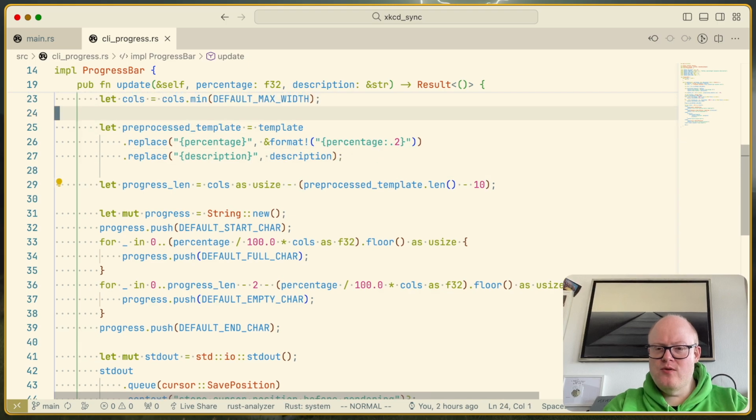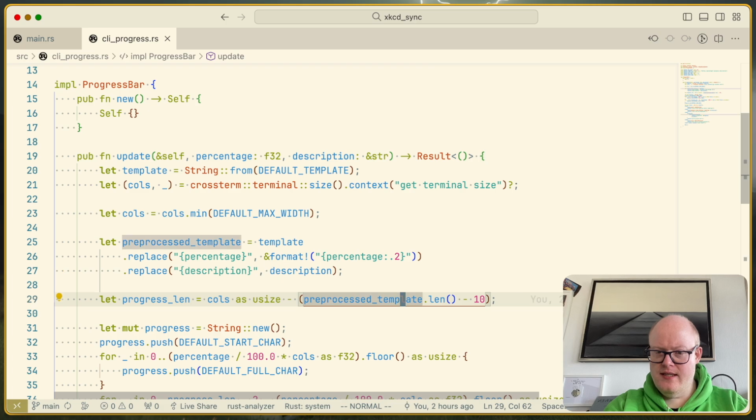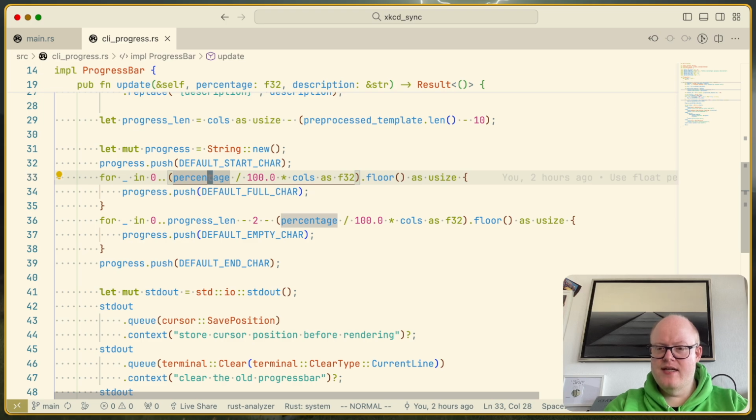Okay. It seems to me that we are using this template we have, and we are creating an empty template. Then we are calculating the length of the progress. This seems all to work. The problem must be somewhere in this region here, I guess. So what we are actually doing here is calculating the number of characters we want to use for full characters. So what we actually want to do is take the current percentage. Oh,